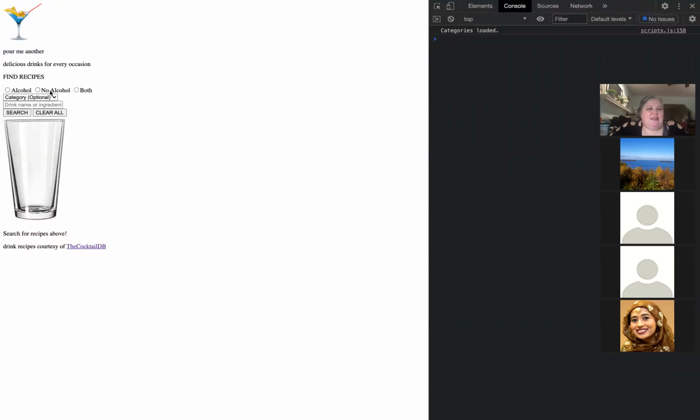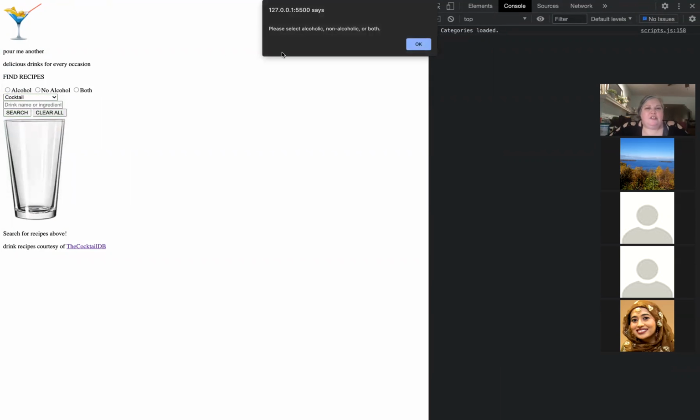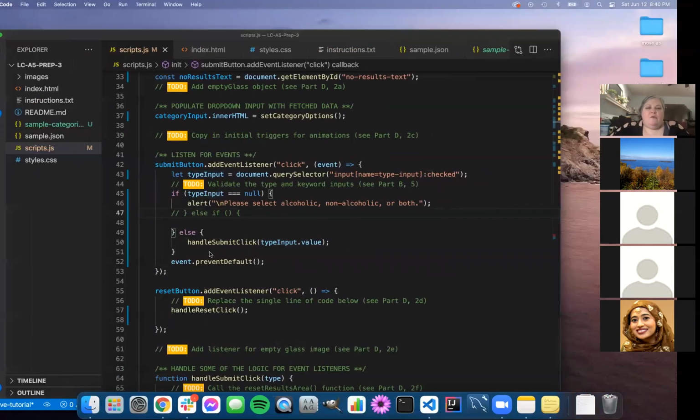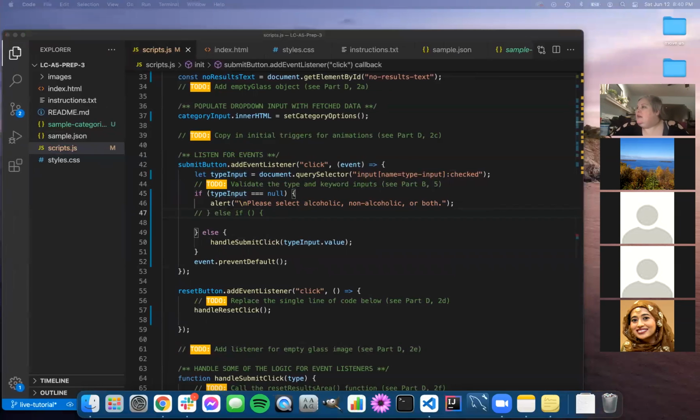So I'm not going to select anything on purpose. I could even select something else on purpose, but then it should raise that up. And I don't know if you can see that because I can't see it because of my Zoom bar, but yeah, it should have the little message that we have, and it has a little bit of space above it, which is nice. So we're going to do the same thing now for the